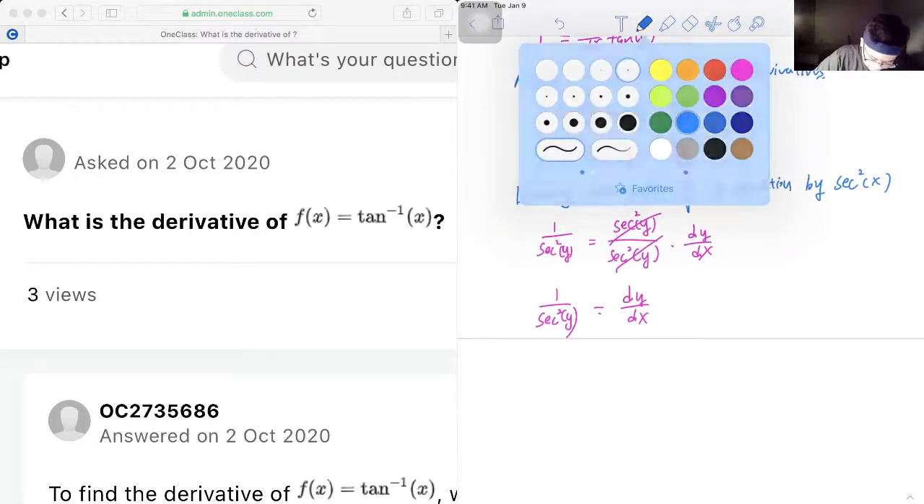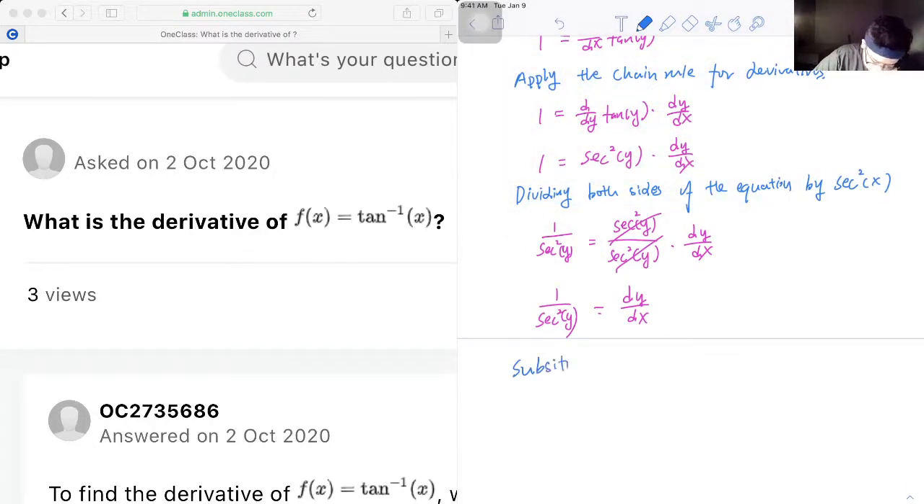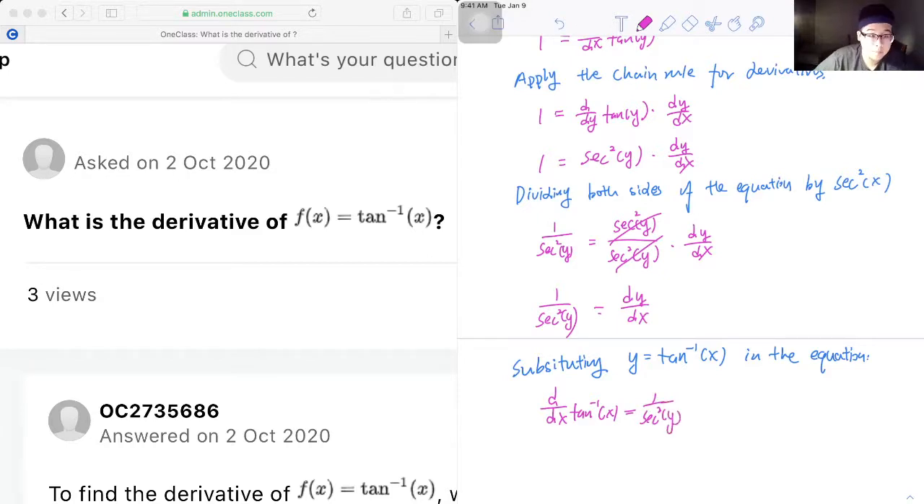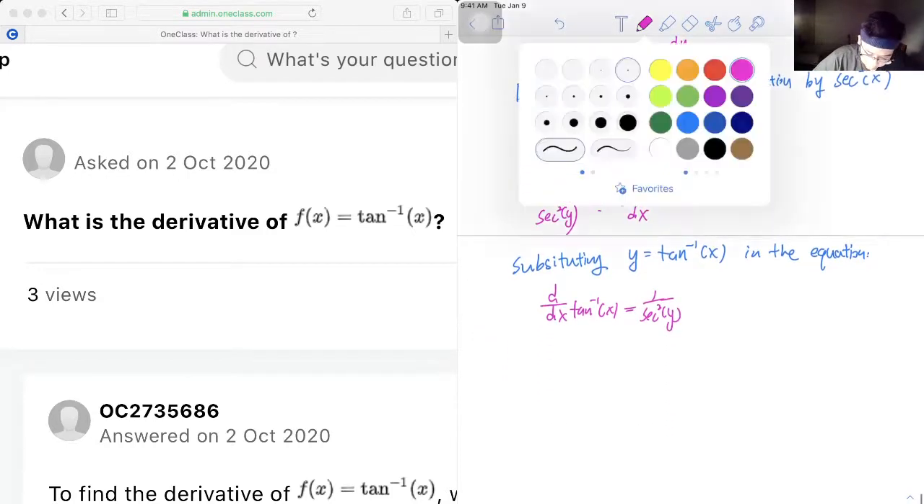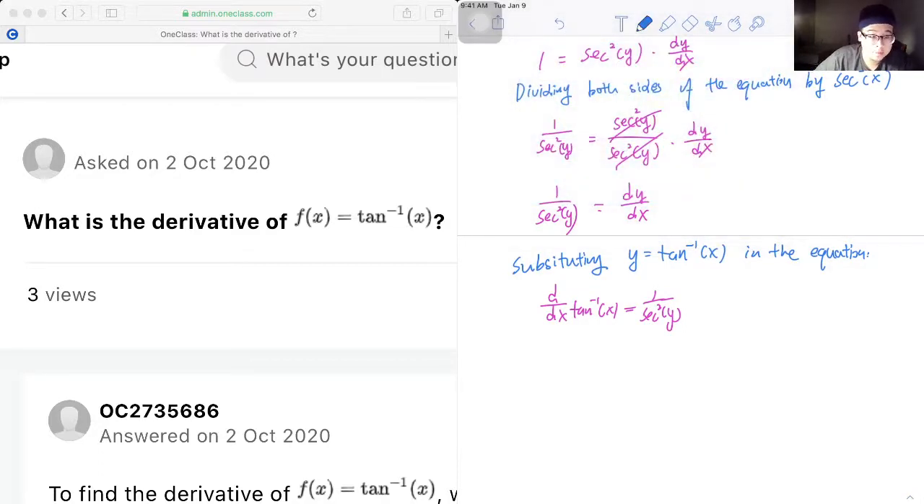And then we need to substitute y is equal to tangent x inverse in the equation. So we will have d/dx of tangent negative 1 x is equal to 1 over secant y squared. And now using the substitution value,